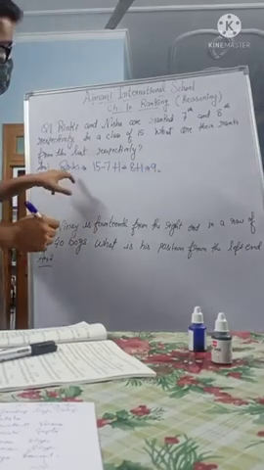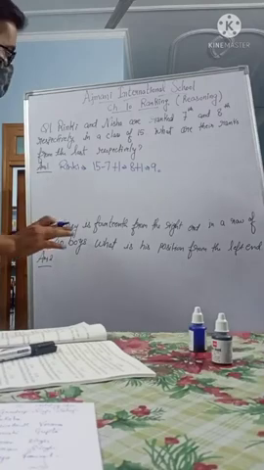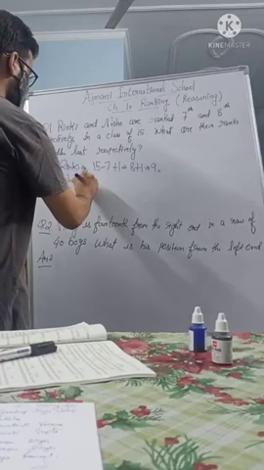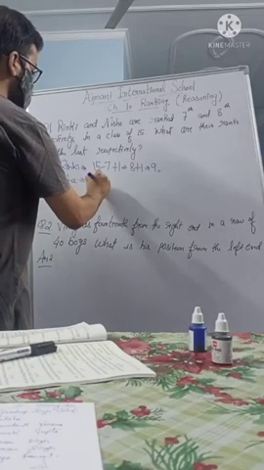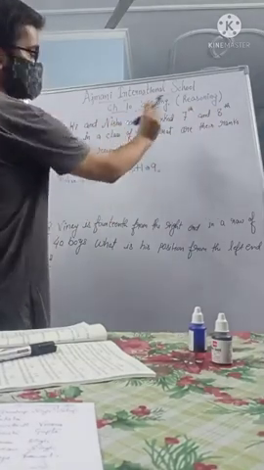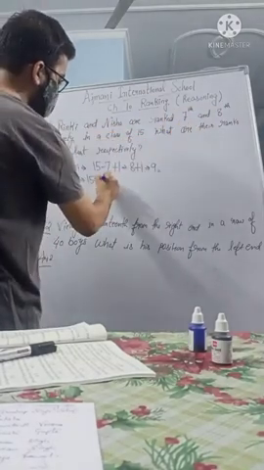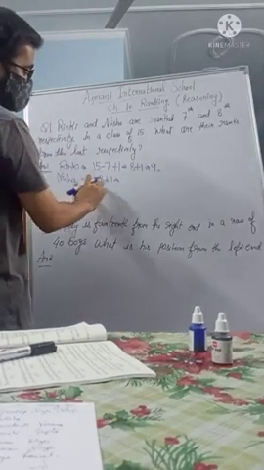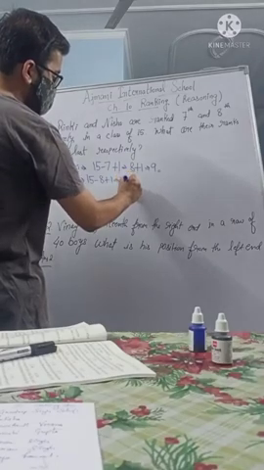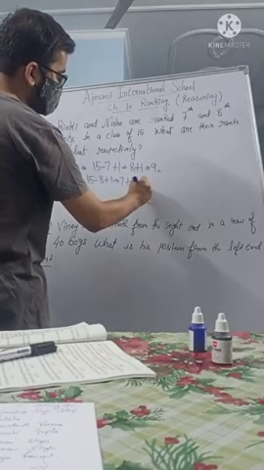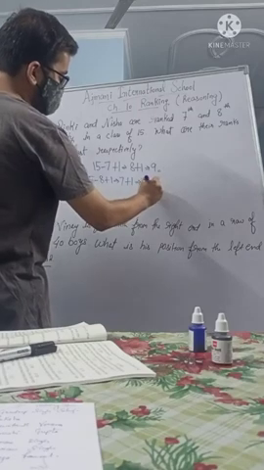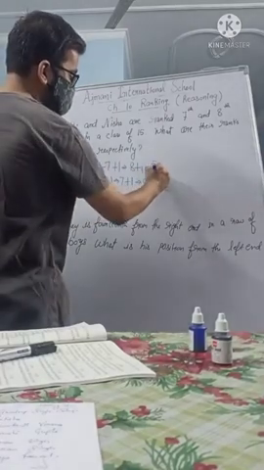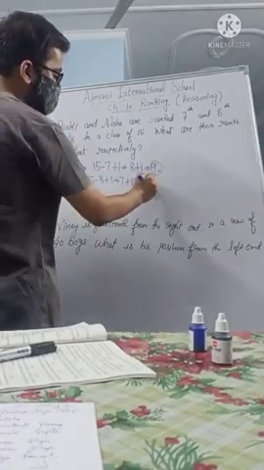So Rinki's rank from the bottom will be 9th, and we will do the same for Nisha, that is 15 minus Nisha's rank from the top, which is 8, and plus 1. So when we subtract 8 from the 15, we will get 7, and add 1 to 7, and the number we will get will be 8. So Rinki's rank from the last will be 9, and Nisha's rank from the last will be 8.